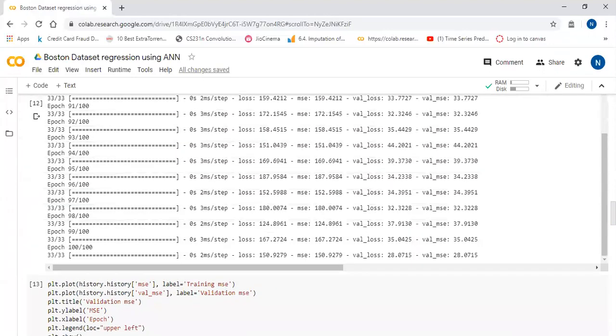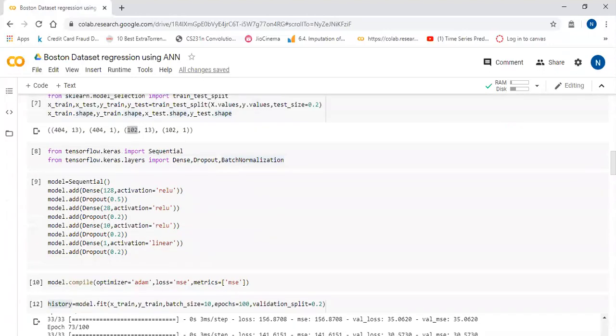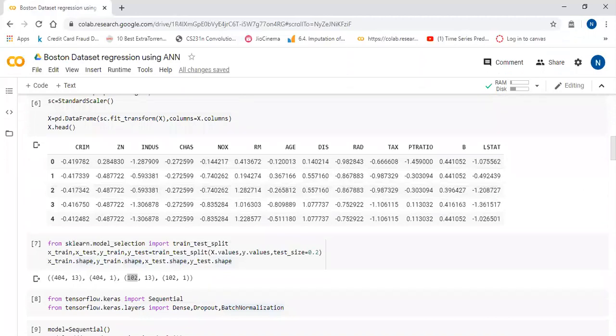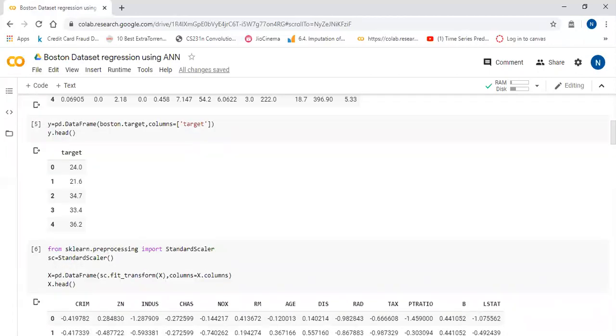You have to just create a model and provide the data to that. And before that, you have to apply techniques like standard scaler, min max scaler, and feature engineering. So that's it for the